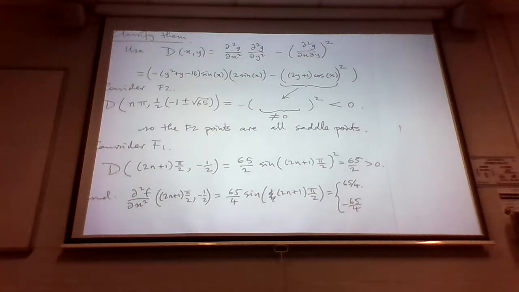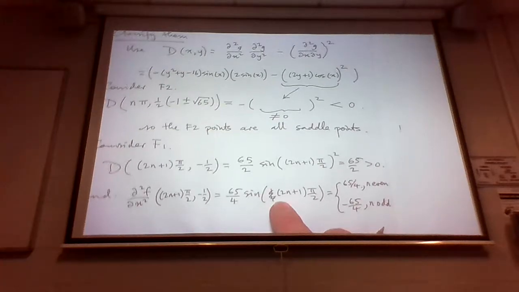And it comes out as positive for the even values of n, and it comes out as minus for the odd values of n. Because when n is 0, you've just got plus pi over 2, whose sine value is 1. And when n is 1, you've got 3 pi over 2, which is this value here where the sine is negative. So by inspection of the sine graph, you get plus or minus 1,